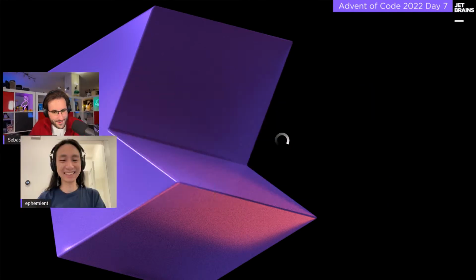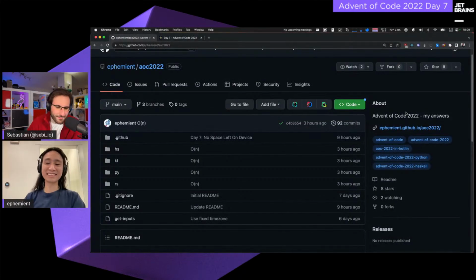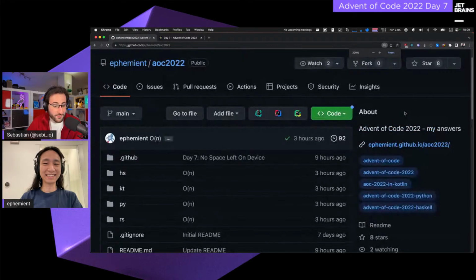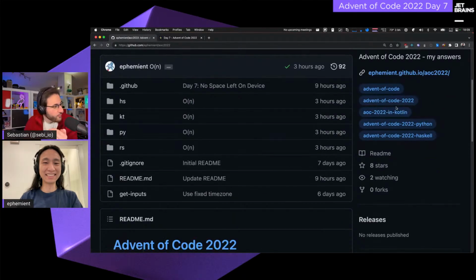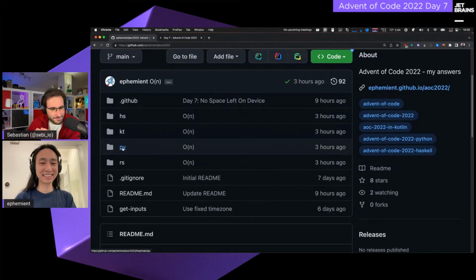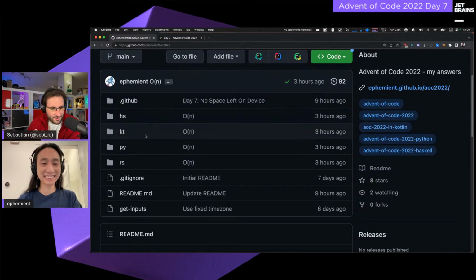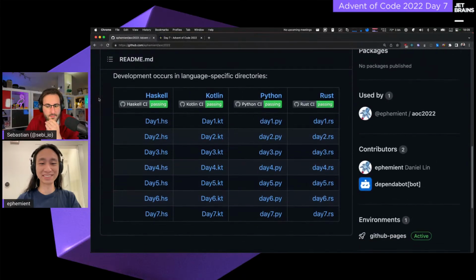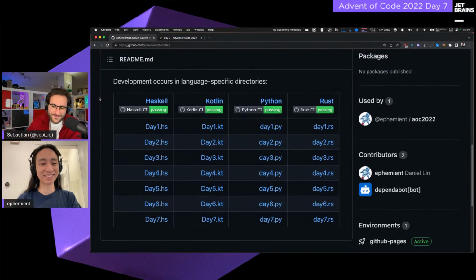So, and I'm going to show this one on stream, because when I checked out your repository earlier today, I realized that there are these wonderfully named folders here. I'm going to make this a little larger, because my repository has a source folder in it, and then there's a bunch of Kotlin programs, and yours on the top level starts with HSKT, PY, and RS, which I'm guessing is Haskell, Kotlin, Python, and Rust. It is. If you scroll down to the README, you'll see links to all of the solutions as I'm making them as well.